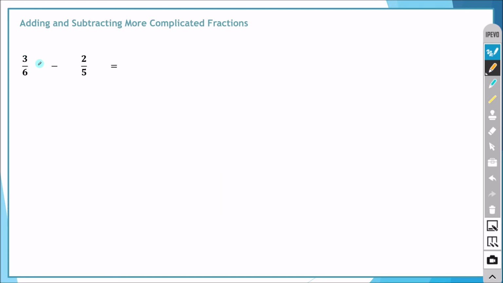So here we are in our final example. We've got 3 over 6 minus 2 over 5. So much like we saw in question 3, there's no number that we can multiply 6 by or divide 6 by to give us 5, and there's no whole number that we can multiply 5 by or divide 5 by to give us 6. So what do we do? Well, we take 3 over 6 and we multiply the bottom by the denominator here, so we multiply that by 5, which means of course we have to multiply the top by 5,